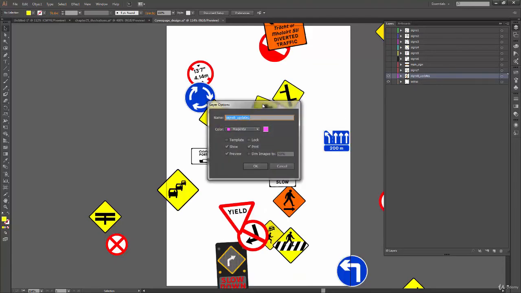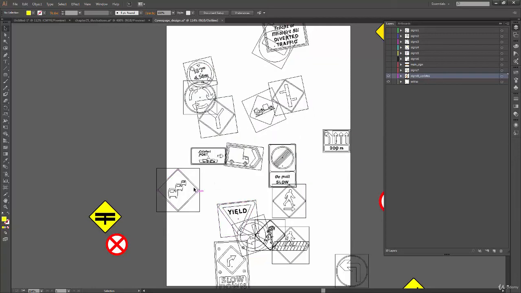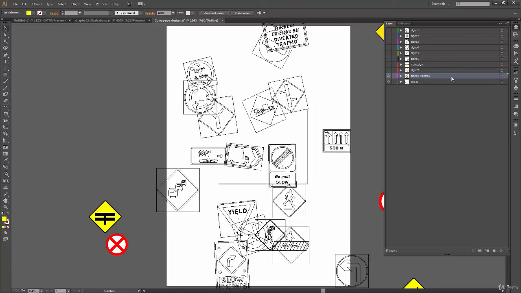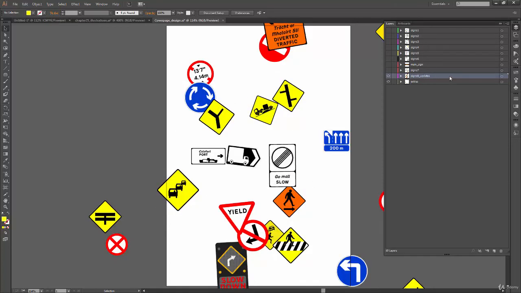It's just that we got a separate window for it right now. Now we have this preview. It is like showing this layer in outline mode, the same thing we saw when we press Control click on this eye. So it's the same thing, and if you check this, then you get this preview mode. Otherwise, the layer will be visible in outline mode.